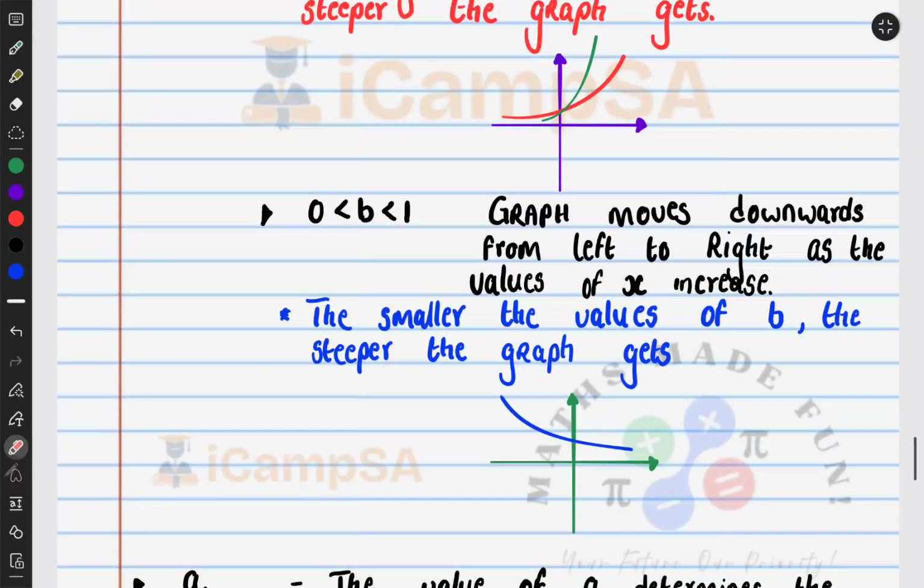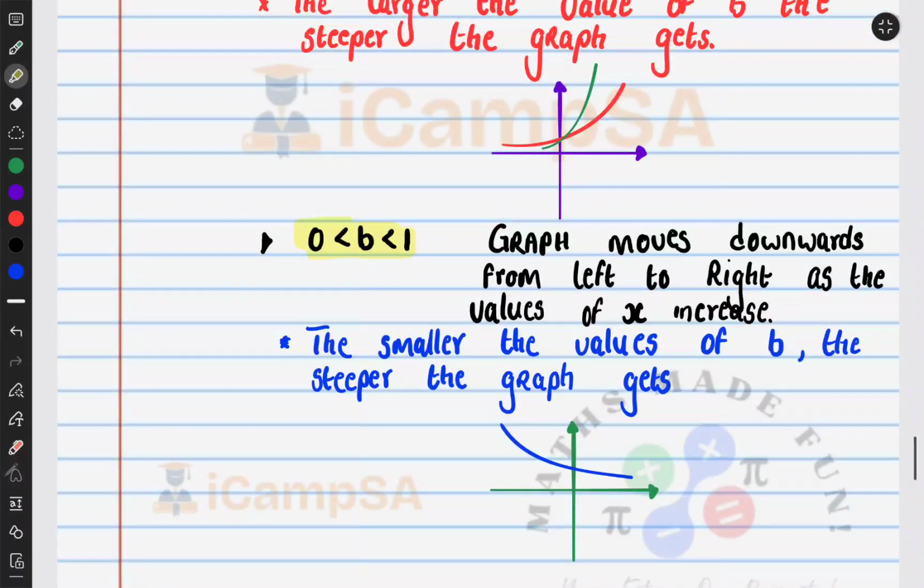This is when we're actually dealing with fractions, and this is the one that relates to the graph of y is equal to, say, maybe 1 over 2 to the power of x. So what happens with this restriction is that as the graph moves from left to right, the graph is actually decreasing, or it is moving downwards. It's getting smaller and smaller, and what you will see happening is that